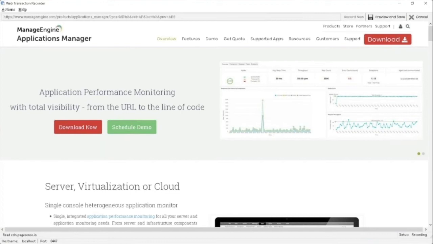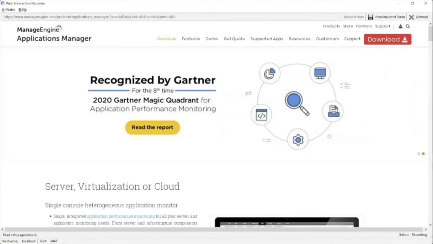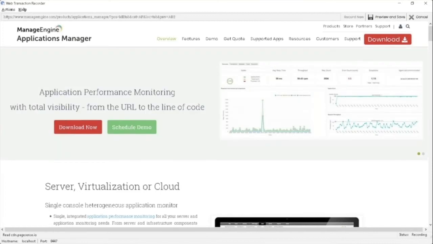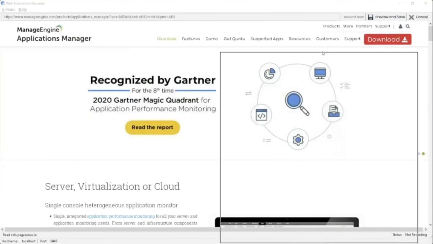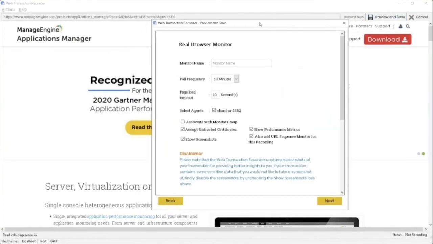Now, so far, what we did was we accessed multiple pages, like accessing google.com, searching for manage engine, and then clicking on products followed by application. Now, altogether, we have done a couple of steps. So the next thing would be preview and save. So once this is clicked, a window will open where the user has to provide details, which is the monitor